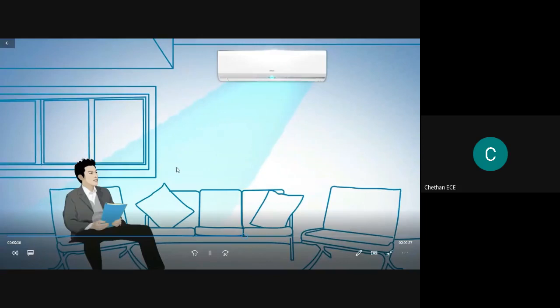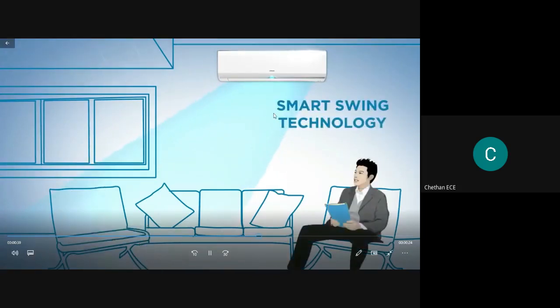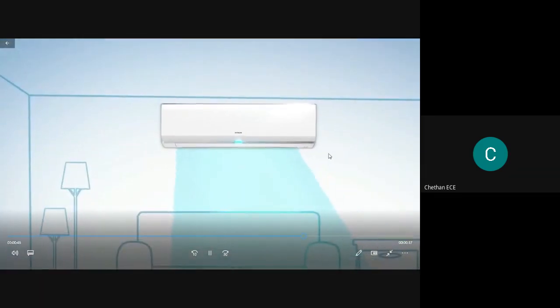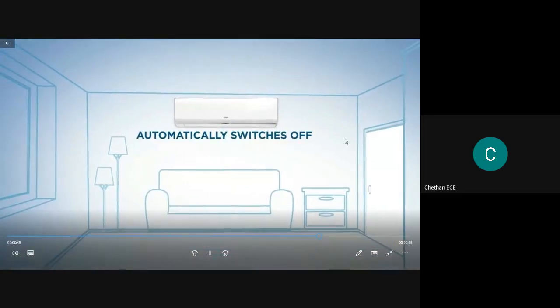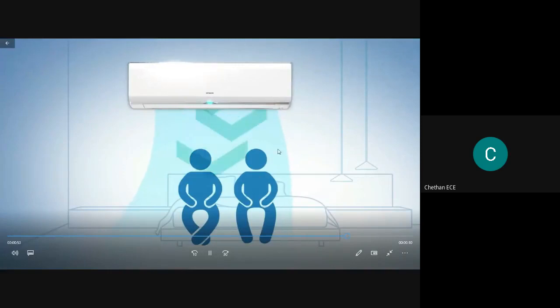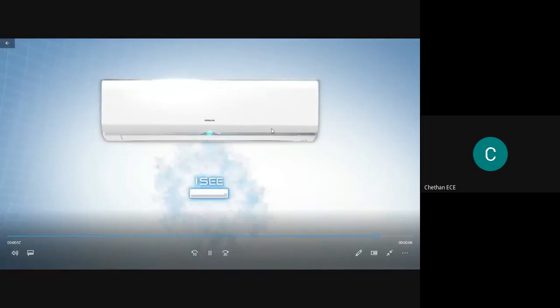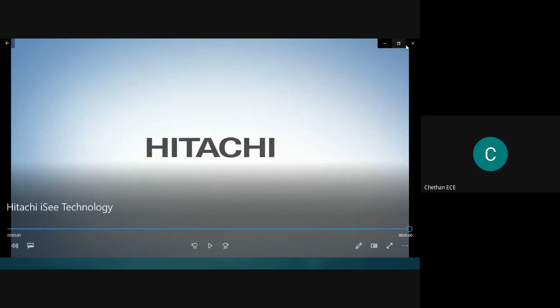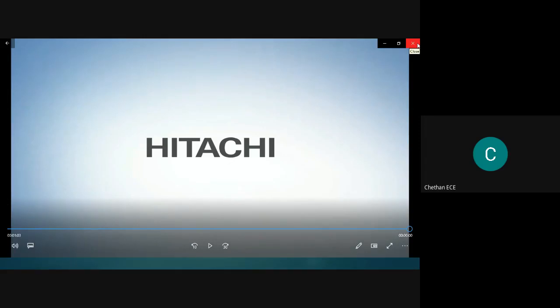I can observe that here only one person is available, where the cooling effect is delivered and the angle is changed. Once there are no people in the carpet area, the AC will automatically be switched off. It means the image sensor is converting the analog signal into digital equivalent, which is processed by a microcontroller, microprocessor or DSP, and the required operation is performed.